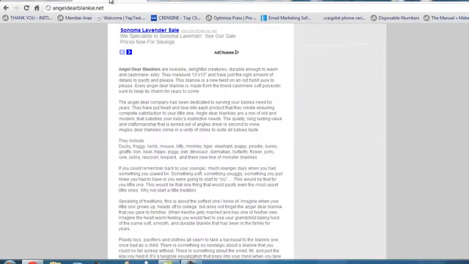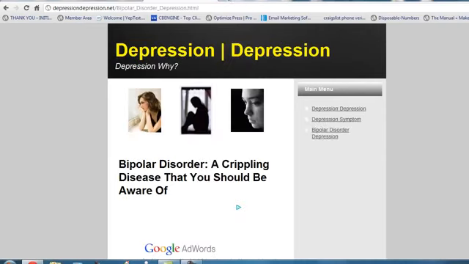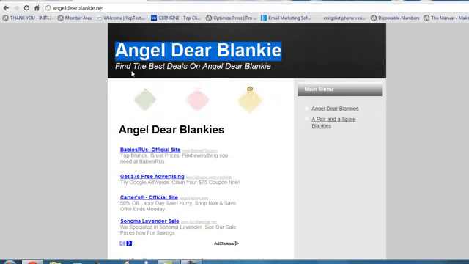And for this Angel Deer Blankies, this one was kind of cool because without any backlinks or any off-page SEO, there's a lot of on-page SEO, but right now specifically there's very little SEO. I haven't done any off-page SEO, which I'm going to start. But there hasn't been any, and this one is already indexed.